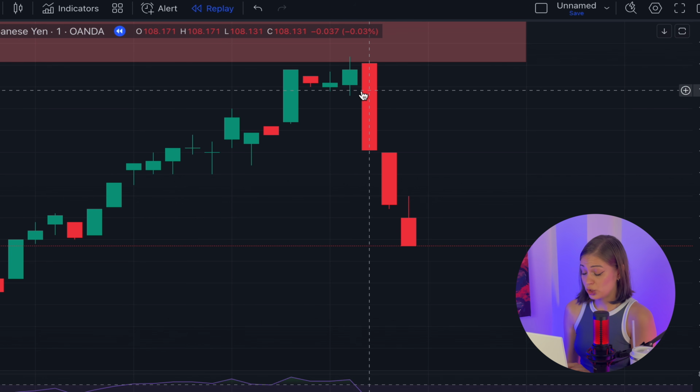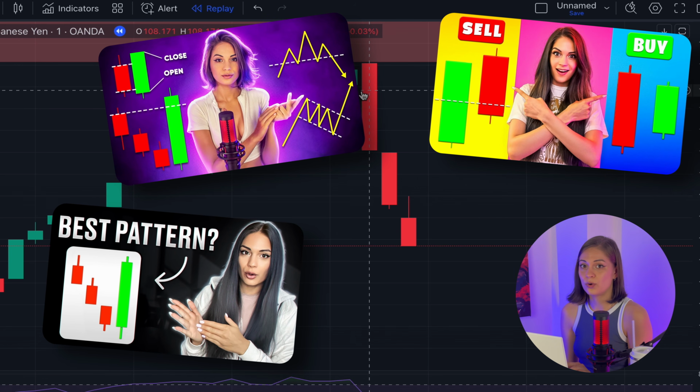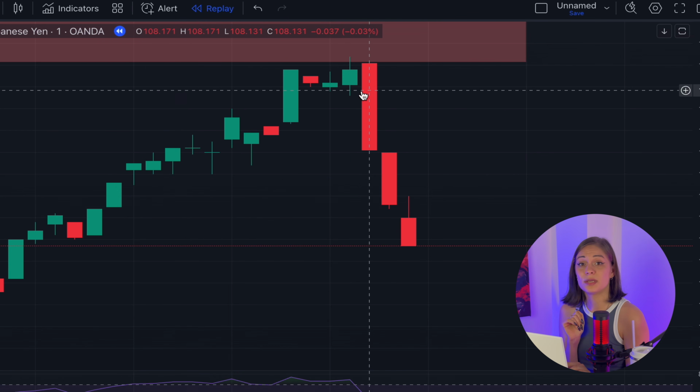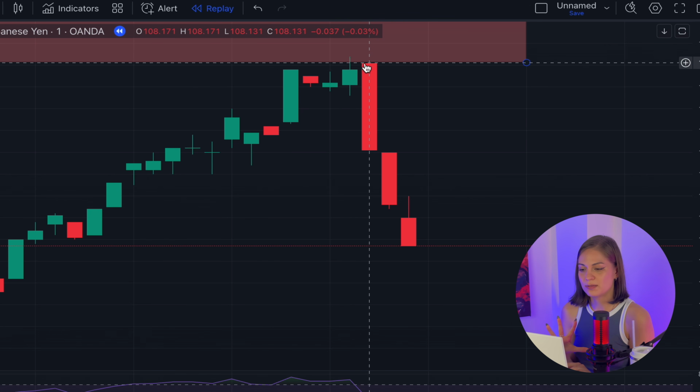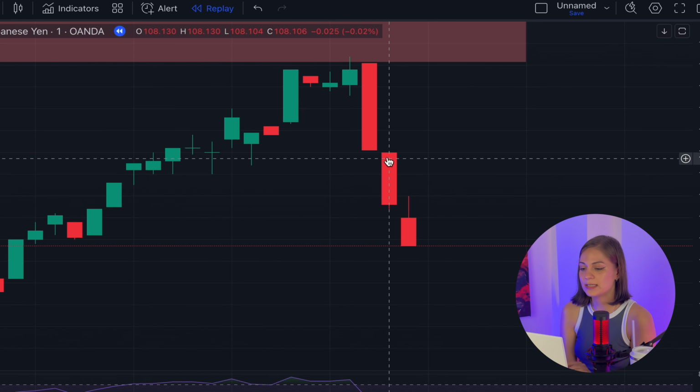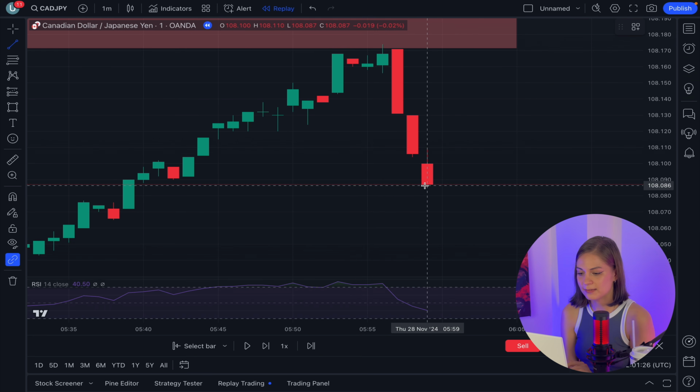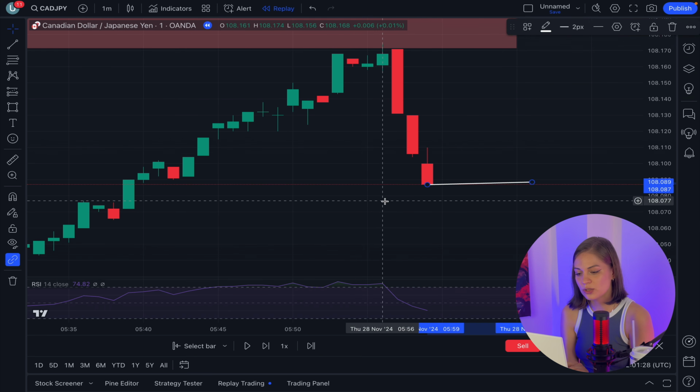Also, speaking of which, I have a couple of videos on bearish and bullish candlestick patterns, and in my academy for my students we have a cheat list with all the patterns that you can meet on the chart. So in this case it's quite easy. Bearish engulfing candlestick pattern, we have 3 red candlesticks,